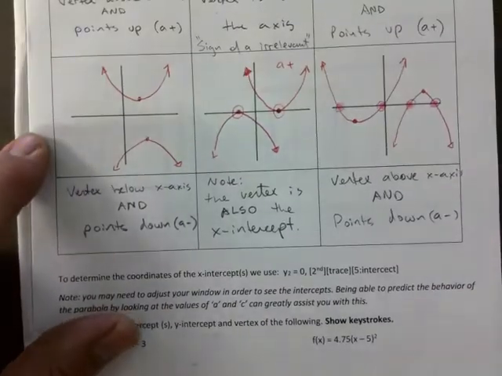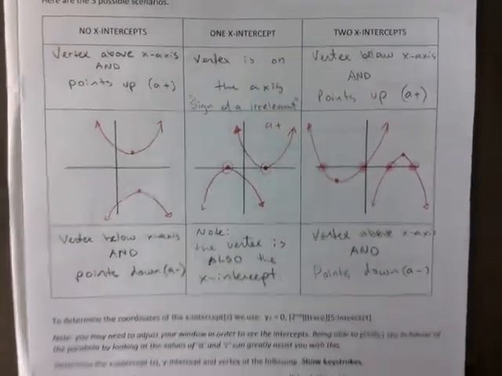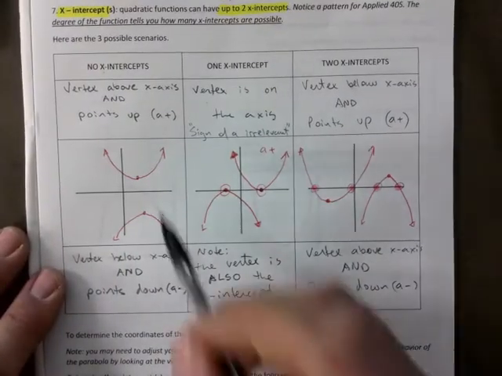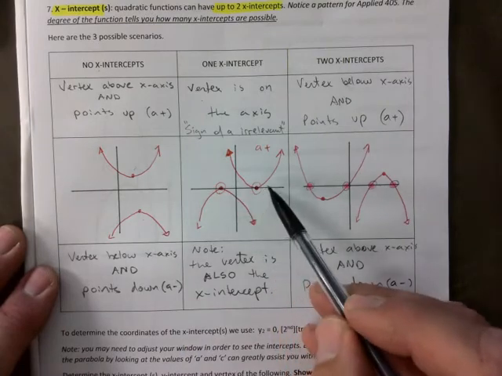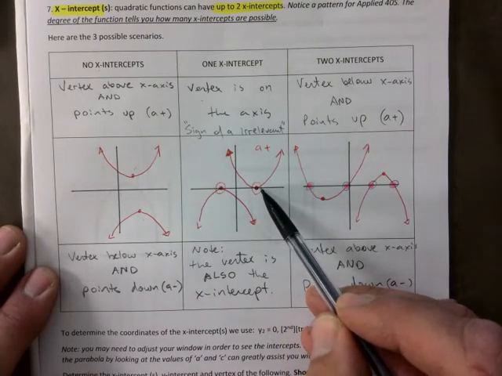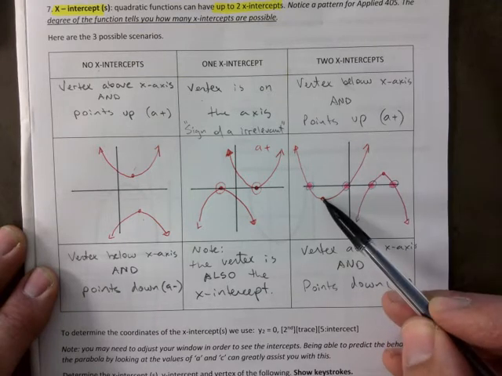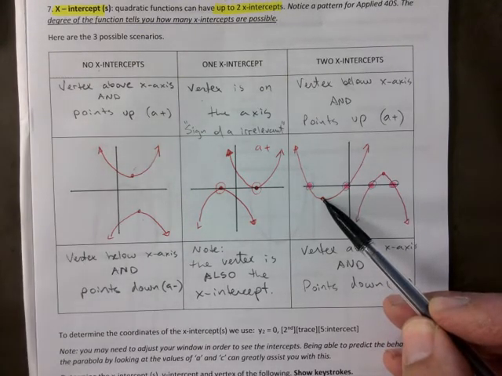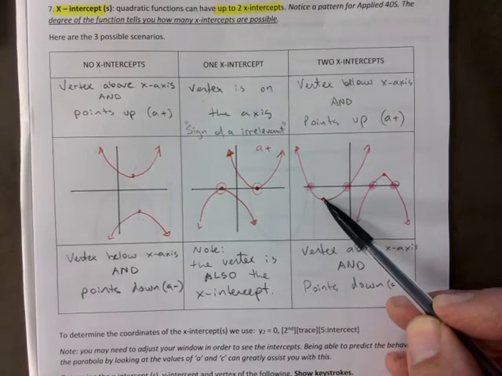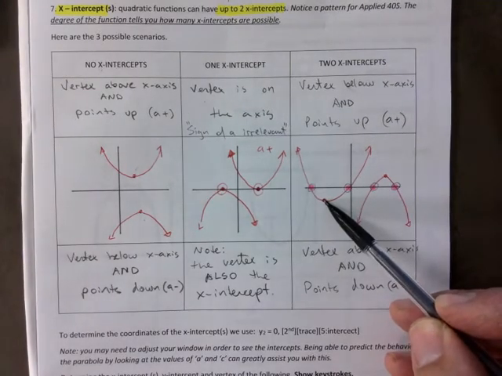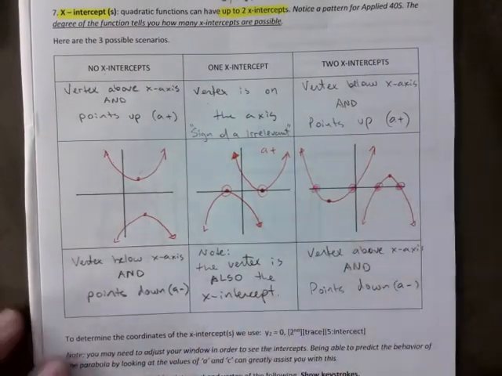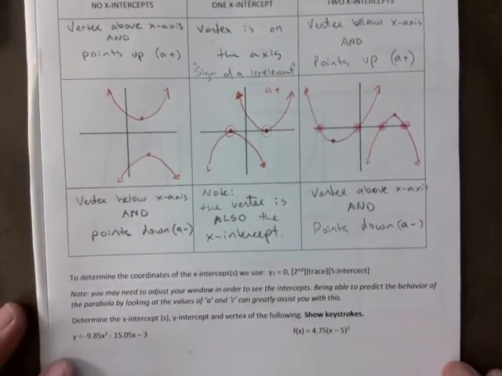Right, and then next, we looked at the number of X-intercepts that can be present. And so there could be no X-intercept, one X-intercept exactly when it's on the X-axis, and then two X-intercepts. And it all has to do with the vertex and the way it's pointing. Okay, where is the vertex? Which way is it pointing? That's how we determine how many X-intercepts there are. All right, so now